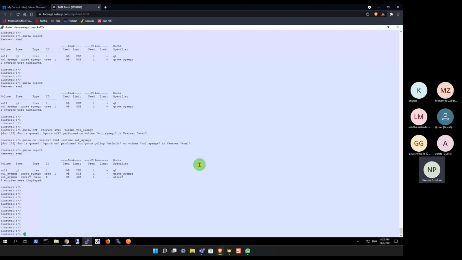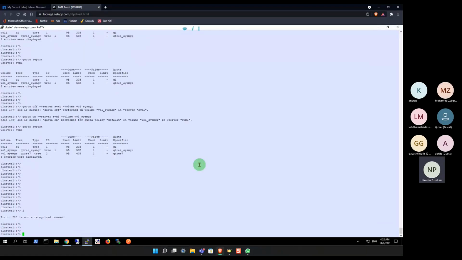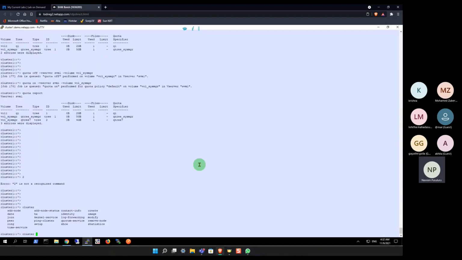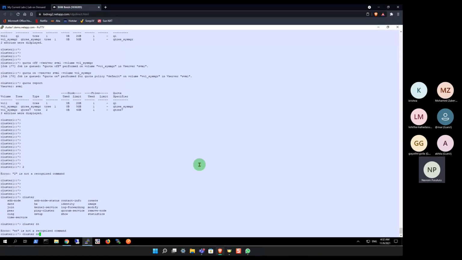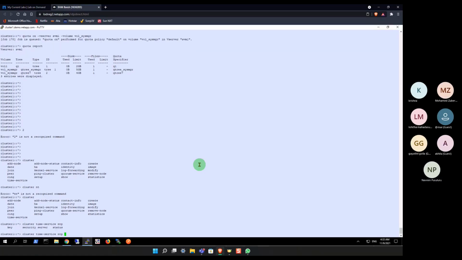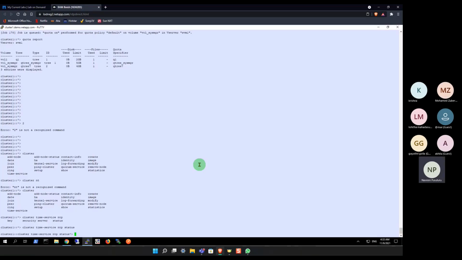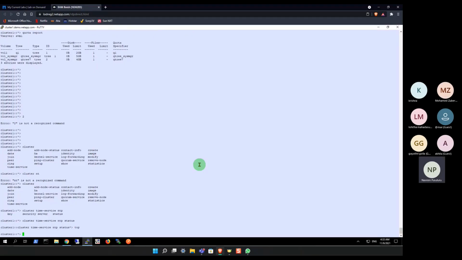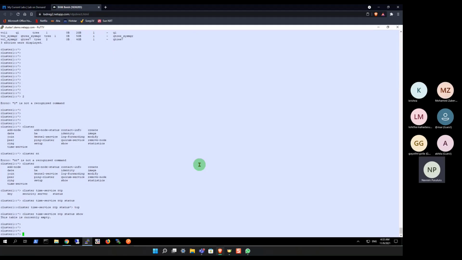Generally, cluster NTP, how we'll configure time NTP, I'll show you now. Cluster time service NTP status. Oh, sorry, need to run status show. Yeah, status show. If I run this command, it is showing nothing. So what you need to do: cluster time services NTP